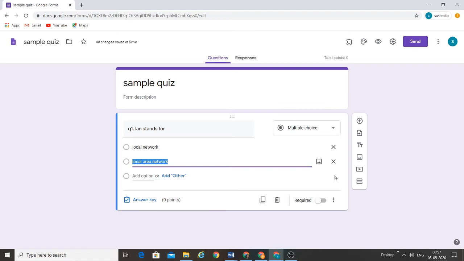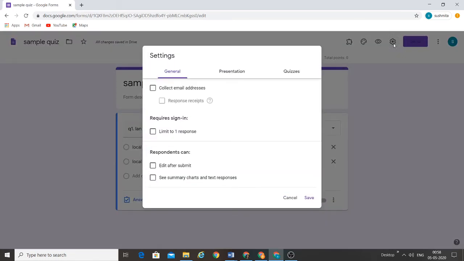Now once you want grading, that is you want Google Form to do the corrections and calculations for the form, for that this answer key option is available here at the end. But if this is not appearing, then you have to go and get some settings changed. Let us see which settings. This is the option here, left hand side of the big send button you see, settings for the form.